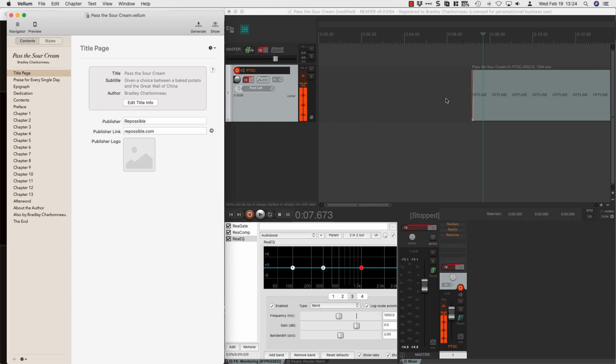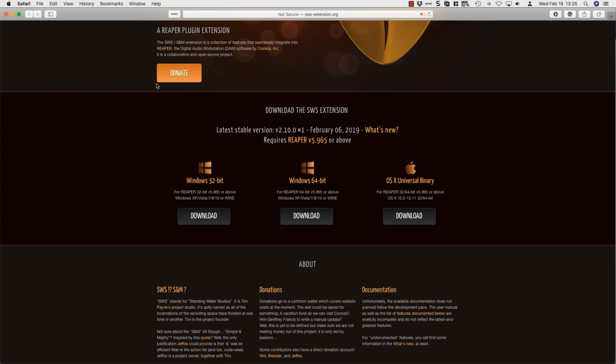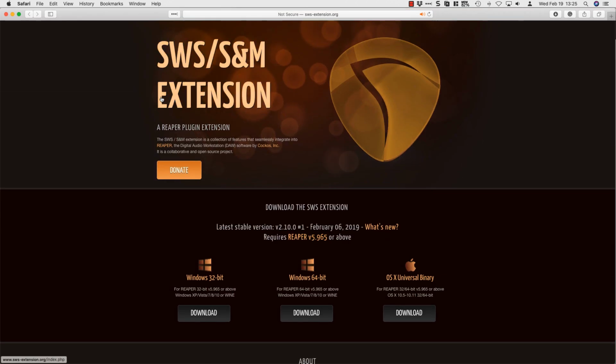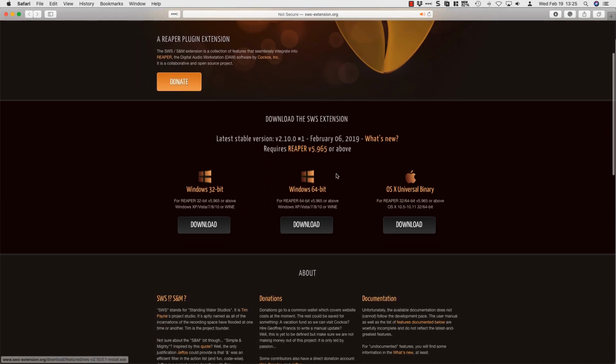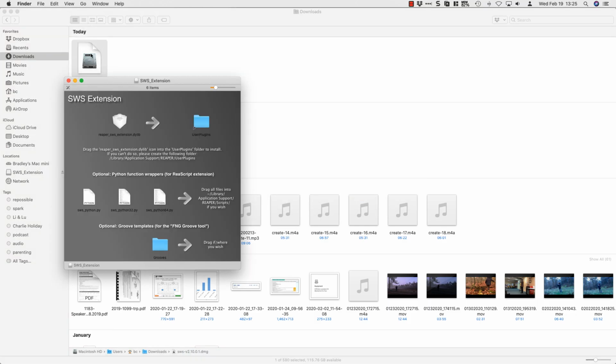So we're going to need this plugin to add to Reaper, okay? I put it up above, but it's here. So we've got to go to this site, SWS and S&M. Don't even get me started about the S&M extension. Pick your Windows or your Mac. I'm on a Mac, and so it downloads this file. It opens this. I don't want to do that. And then I'm going to do this and drag it over there, user plugins.